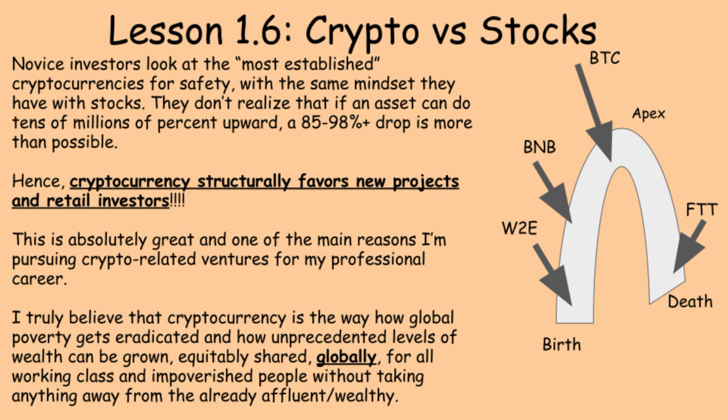So once you have this model in mind, and you're going to see this with the other lessons, it's going to be very great for you guys to understand the potential and the risk profiles for associated cryptocurrencies, where the average person, like I said, jumps into Bitcoin swearing up and down that, oh yeah, it's the best, it's the number one, it's lasted for the longest. But if you're buying at $69,000 expecting it to go to 100,000, 250,000, well, it just went from 1,000 to 69,000. So don't you think it should go down? So that's kind of my logic. You would think that's straightforward, but hey, I've had many a debate. Anyway,